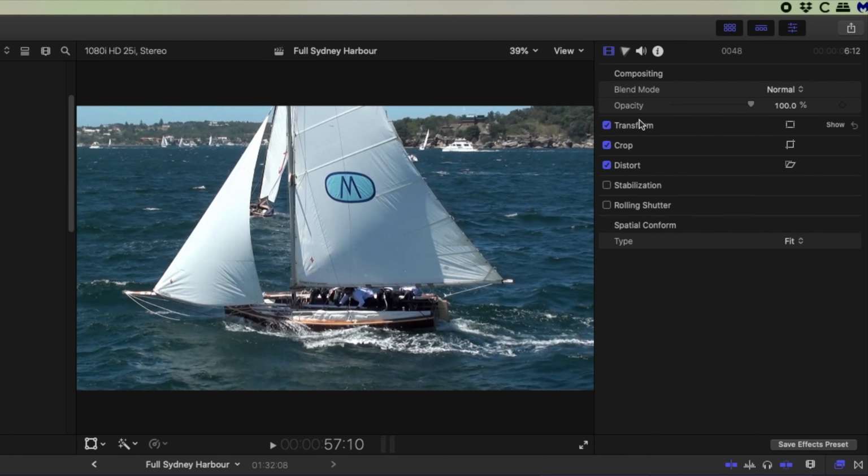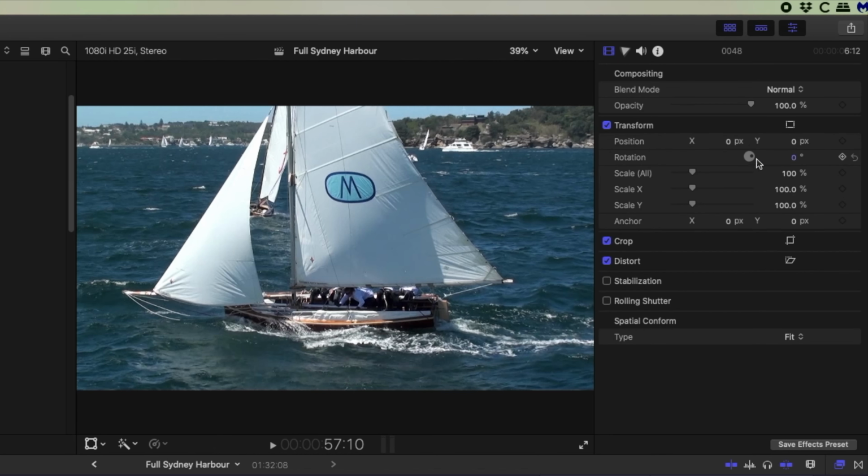If you hover over the transform and look to the right, you'll see show tab, and when you click that, you'll see the content of how you can adjust that particular effect on the clip. You can see now you can hide it again, and also there's the curly arrow that will return any of the settings in here to the default setting. And the same thing applies to the crop and the distort. It also has a show as well.